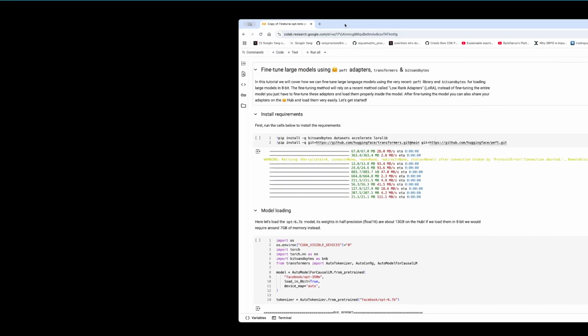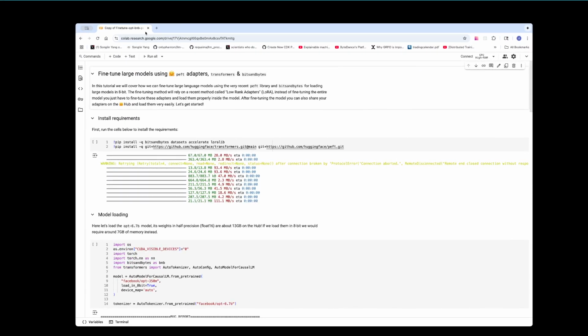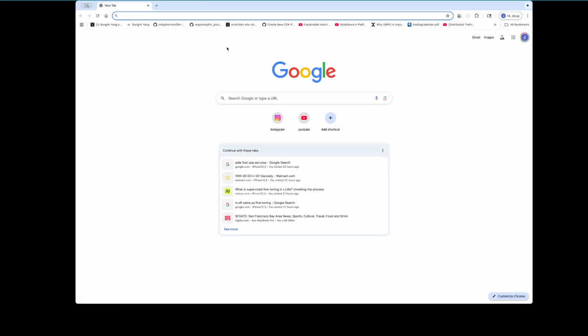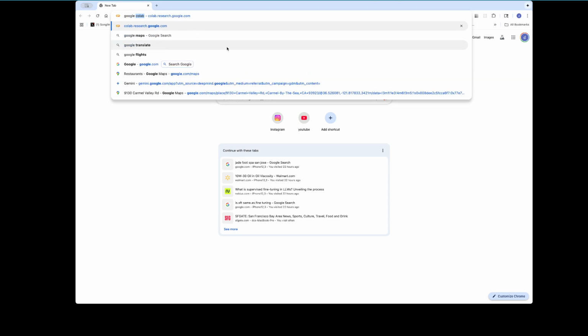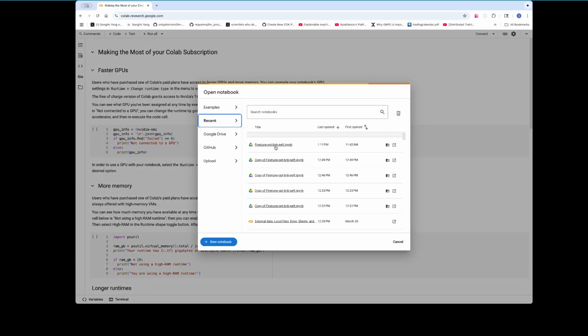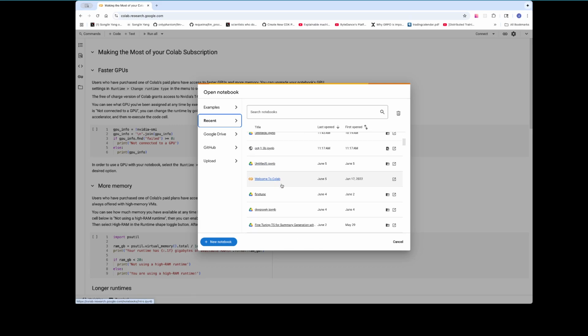So, where are we? We are, oh shit. Google Chrome, where are you? We are here, where I had to make